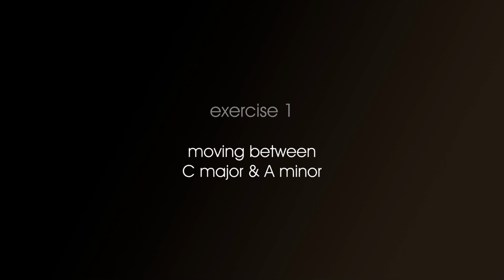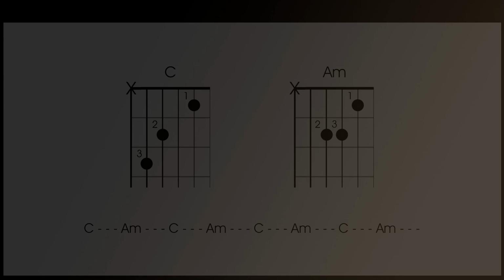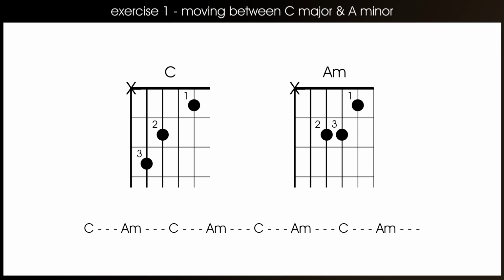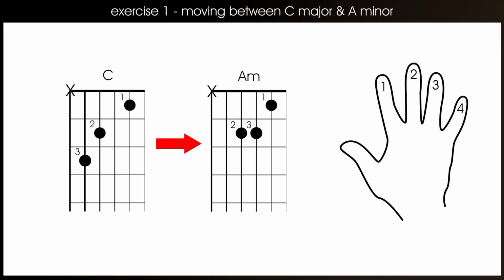Exercise 1. Moving between C major and A minor. We'll learn a new chord now, the A minor, but we won't start it from scratch. We'll learn it by playing the C major first and then moving to the A minor. To do this then, we'll play a C major